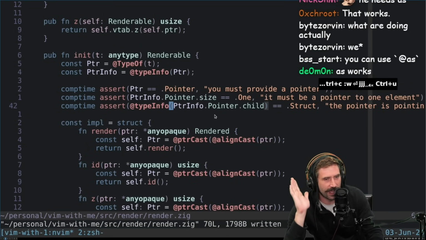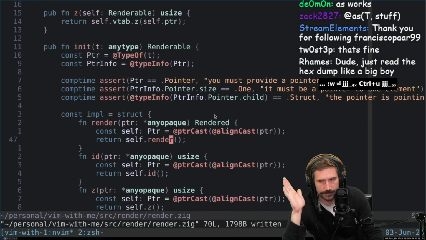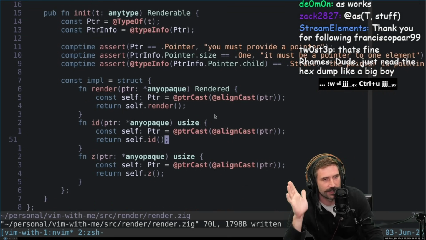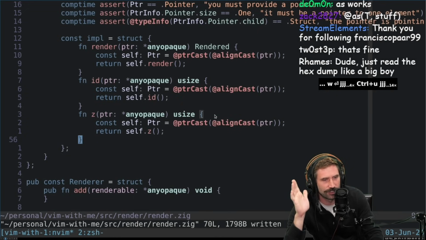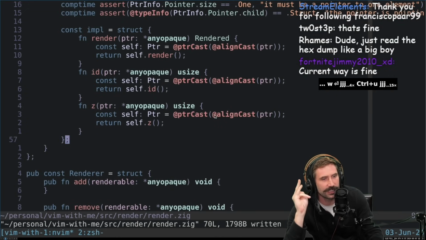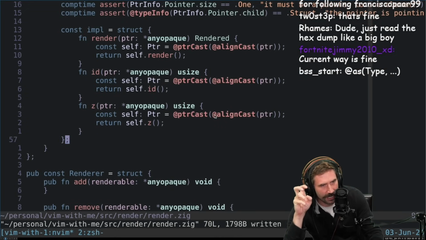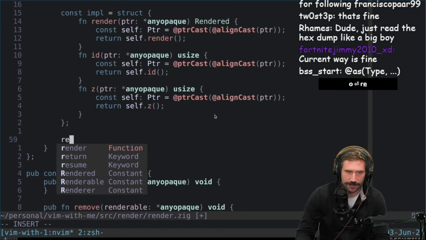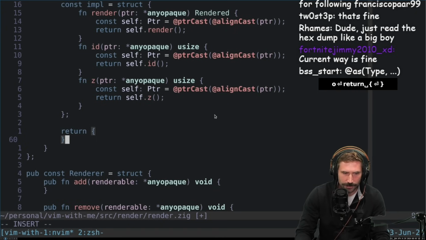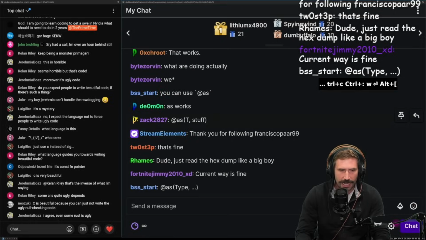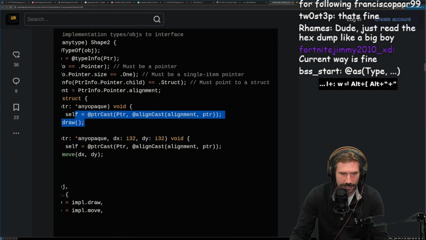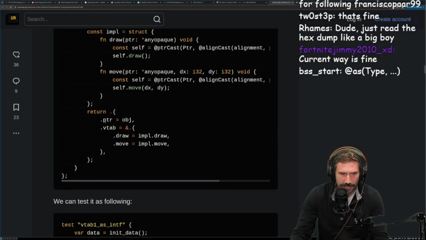Okay, so I have an init. I have an init that creates a pointer info, ensures that they are what I want. We create the compile time inline structure right here, this little generic structure, and I'm going to return back out. And now I need to return out something, right? And I need to return out the object that